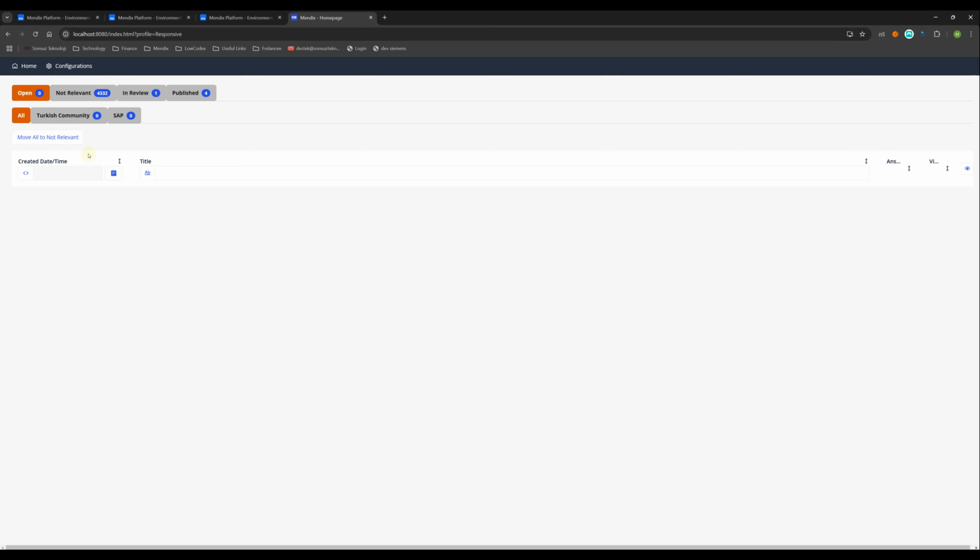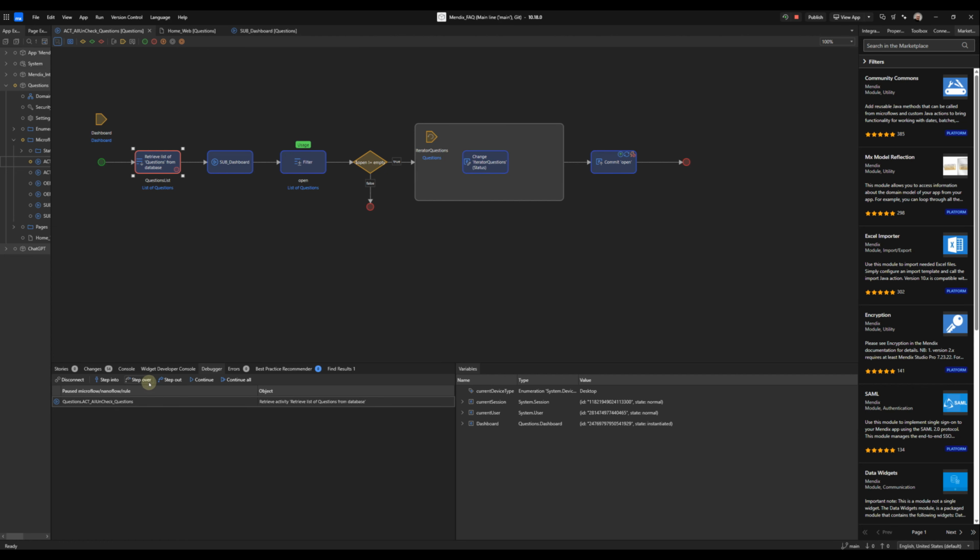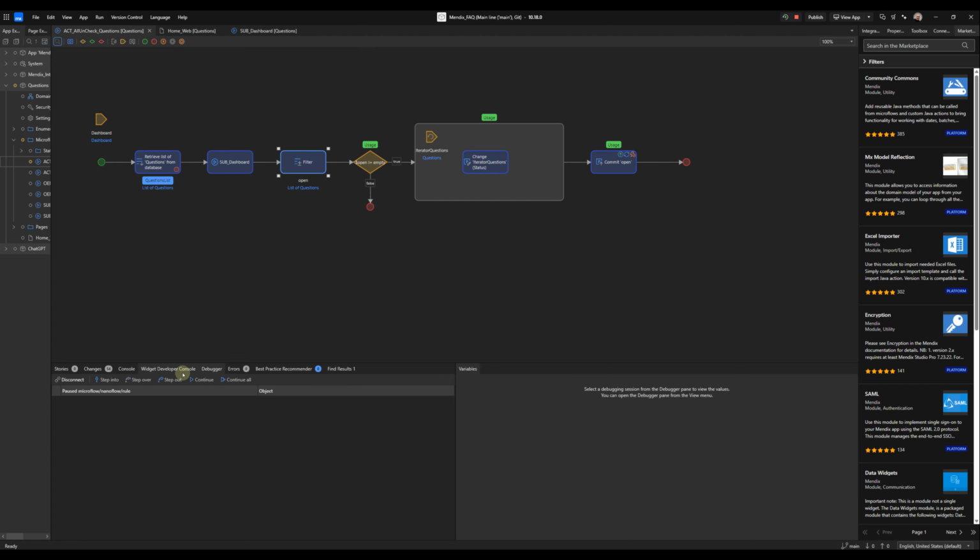Okay, again, I will click here. Then if I click step over, it won't go inside the step macro flow. Let me show, and as you see, it goes directly. When I click step out, it will step out of the macro flow. This one works like this.